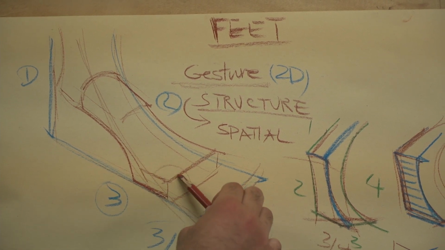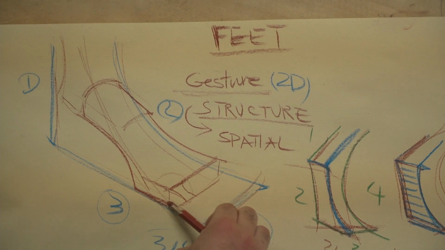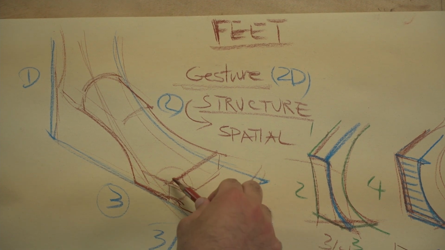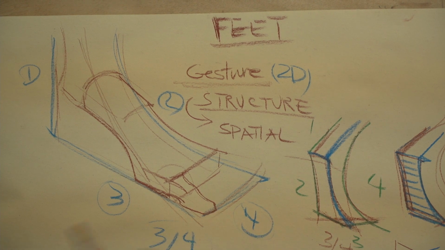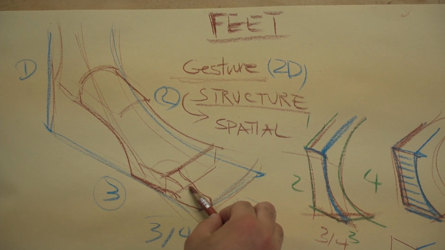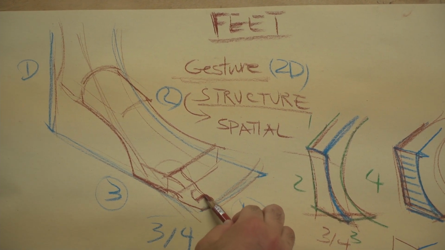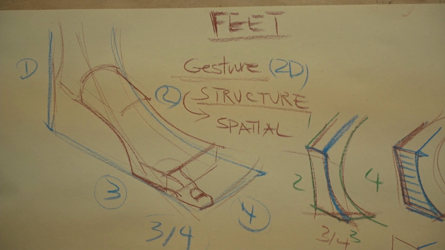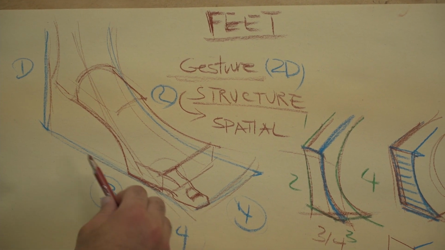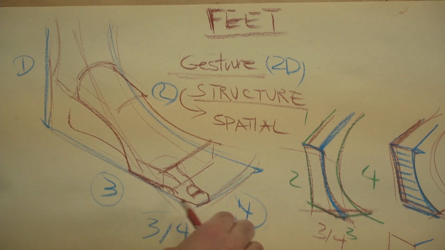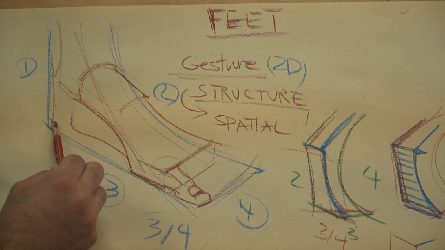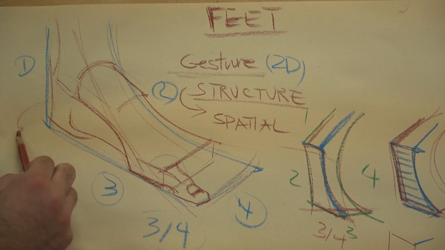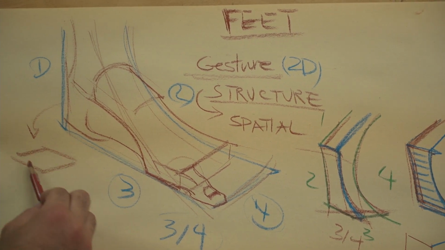And here's the big toe, which has 2 bones, not 3. So it's shorter than the other toes, regarding the bones, I should say. And then on this part we have a cube like this